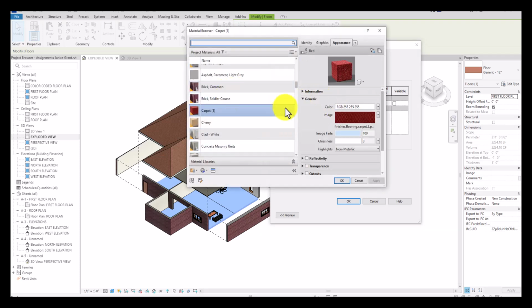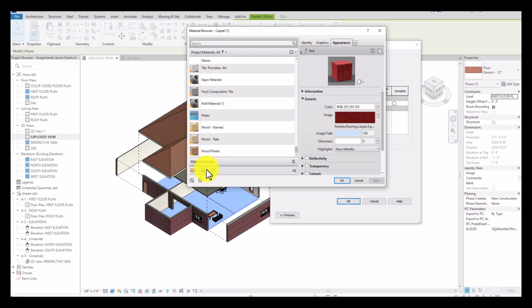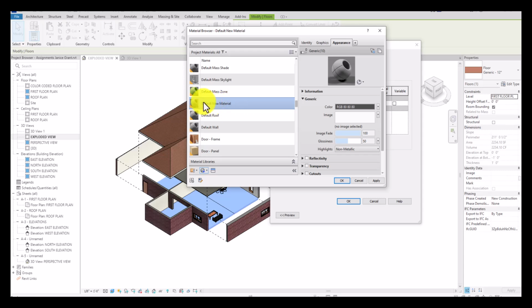Let's say I don't see what I want in here. I'd like something else, bamboo floor or something that's not in here. So you click on this little gray ball icon at the bottom to create a material right here, create new material. And there's your new material right there, default new material. Right click and rename it. Rename it, I don't know, my flooring,